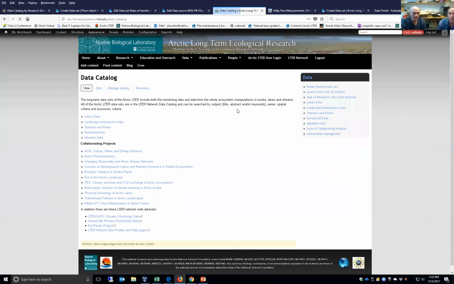But my data landing page is more of a traditional categorical one, where I have our sections, and then we also have collaborating projects that use the Arctic LTER research plots, but whose funding is from different areas or different grants. But then there's the power research, which can be one of the,